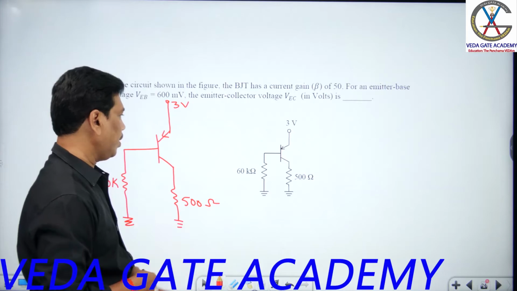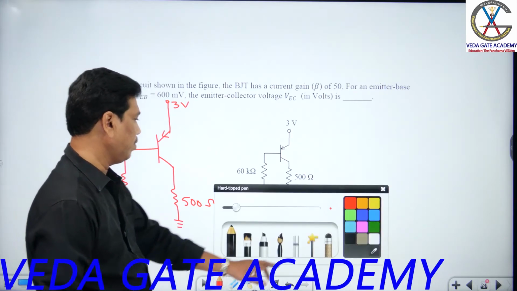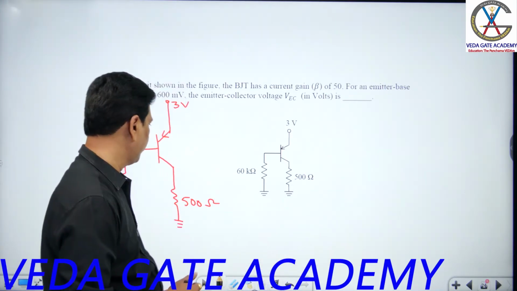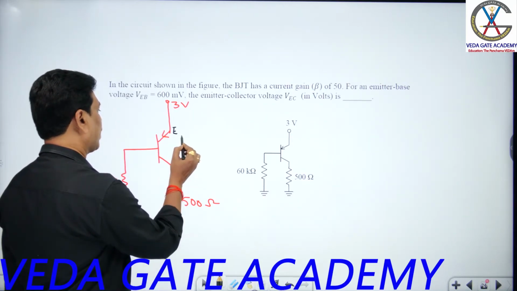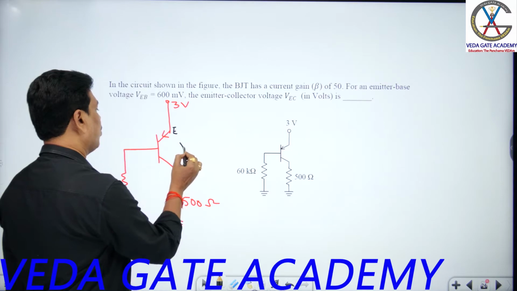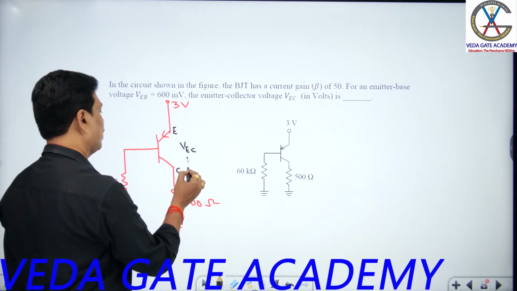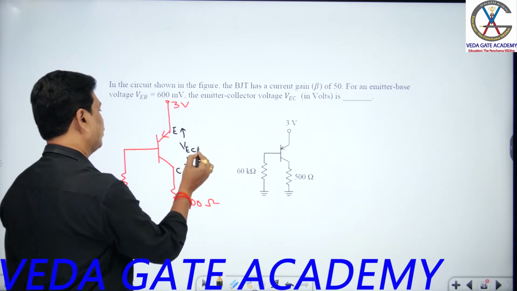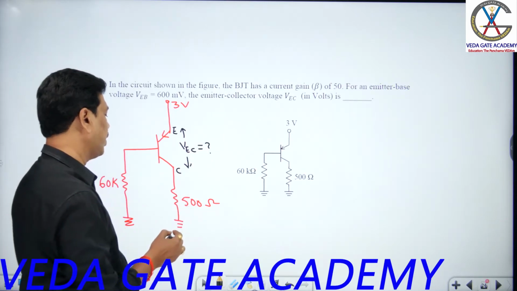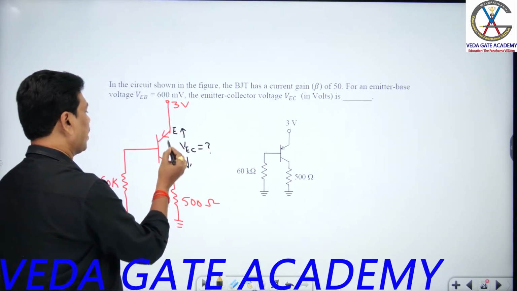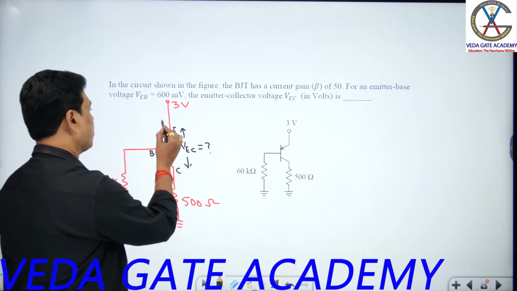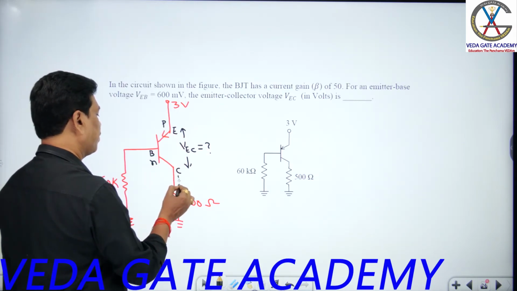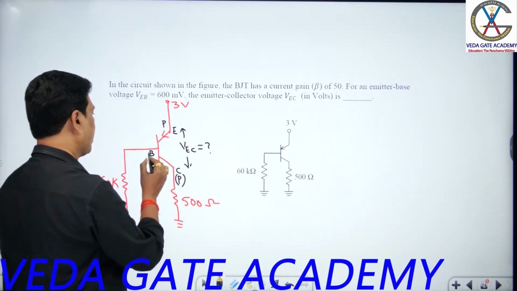Okay, emitter to collector voltage he is asking now. Here I can indicate those things. This is emitter. This is collector. He is asking this one now, VEC, students. So here, in the PNP model, this is emitter, this is base, this is collector, you know. So this is a PNP model you can call.